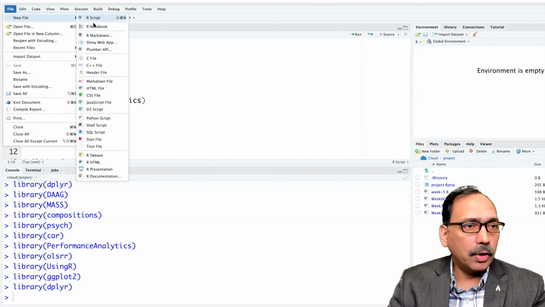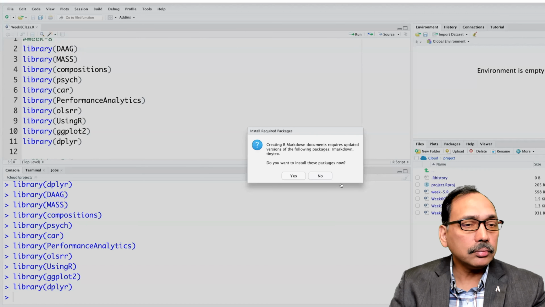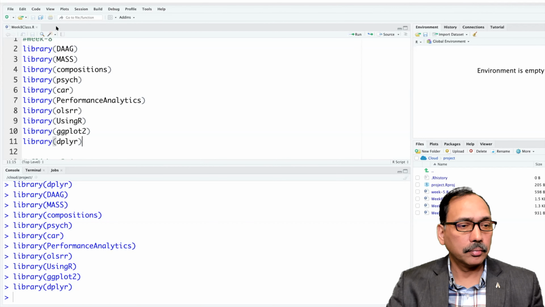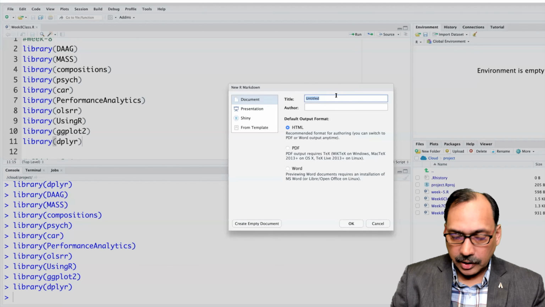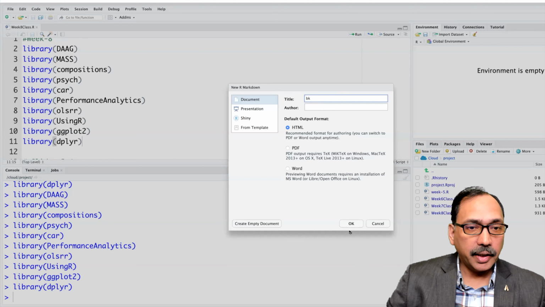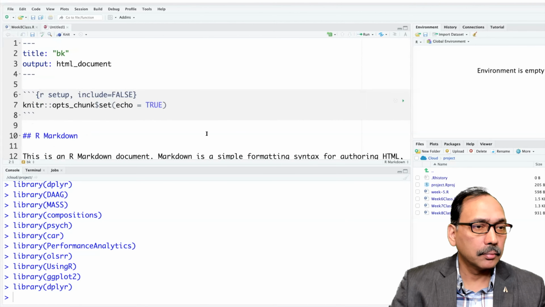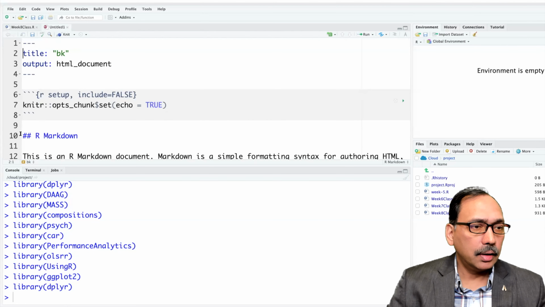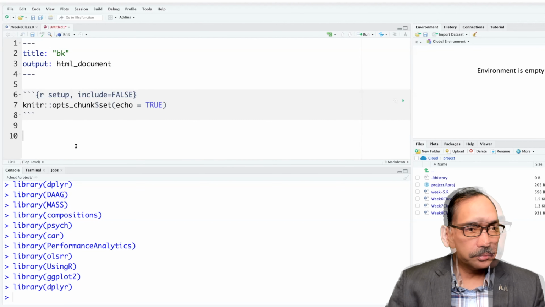So if I want to create R Markdown, I'll simply give a title of BK, and get rid of these things.